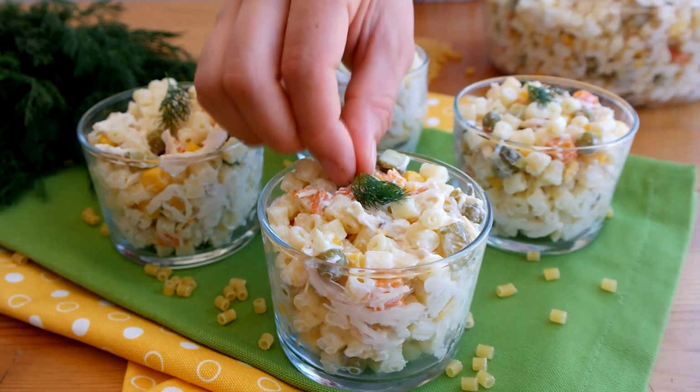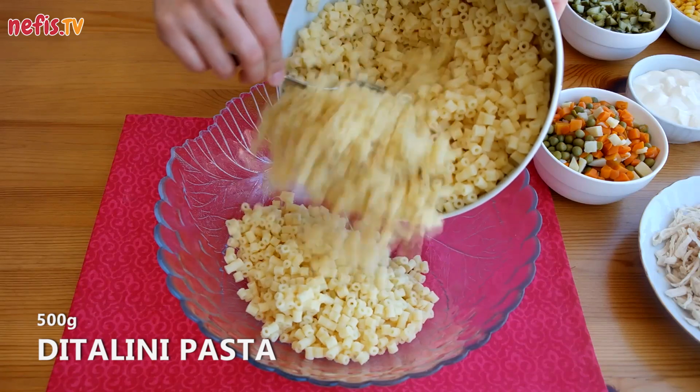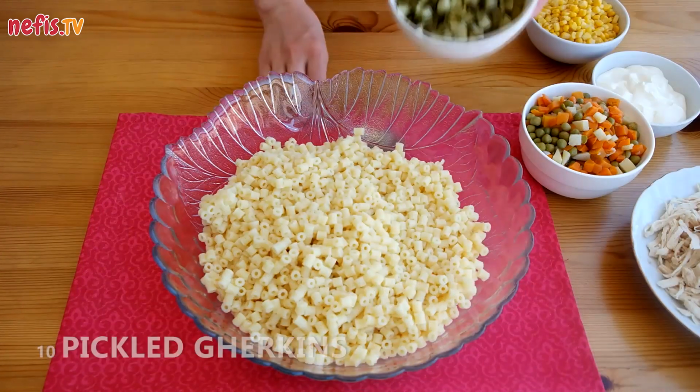Today I will show you how to prepare one of my favorite pasta salad dishes. In a large bowl, combine 500 grams of cooked ditalini pasta with finely cut 10 pickled gherkins,